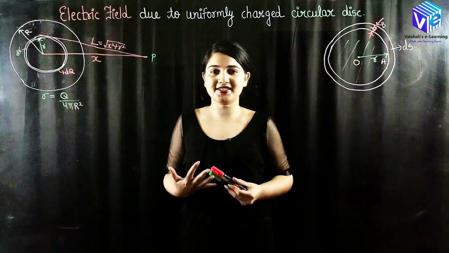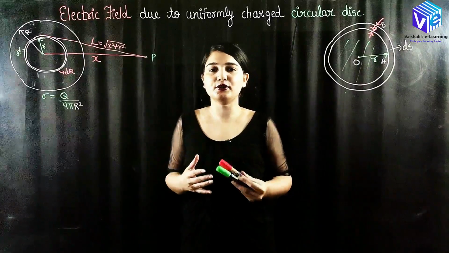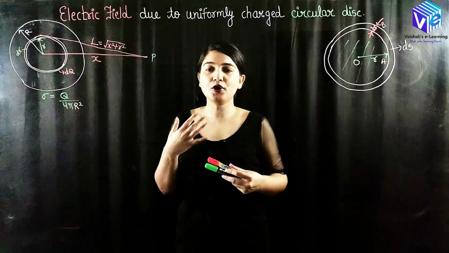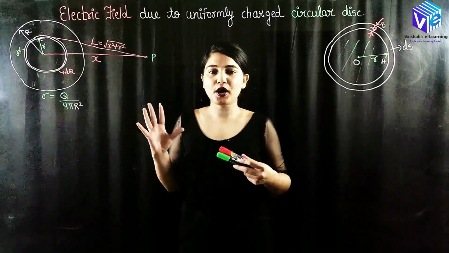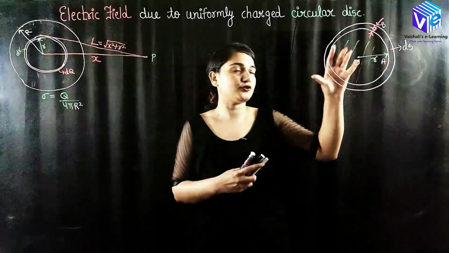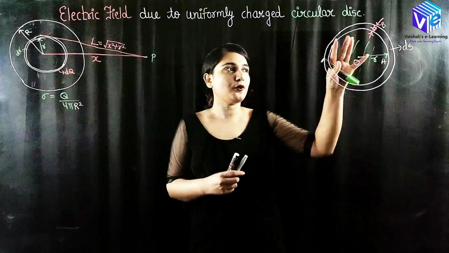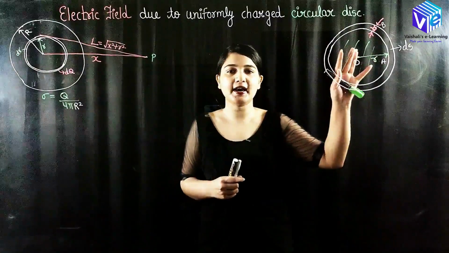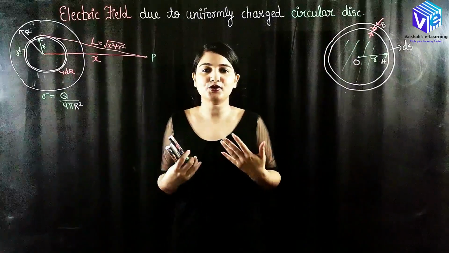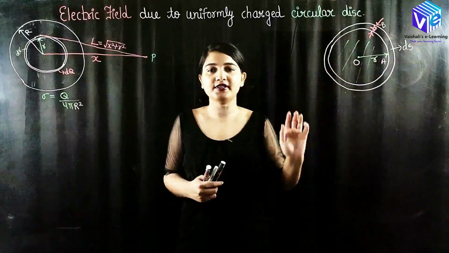Till now we have just seen the electric field intensity due to the linear element or the circular line element. We have not gone into the area yet. So now we have a disk. This is an area, so don't see it as a ring, it is a circular disk. If I have to find the electric field due to this circular disk, first I will observe the incremental surface area of this disk.